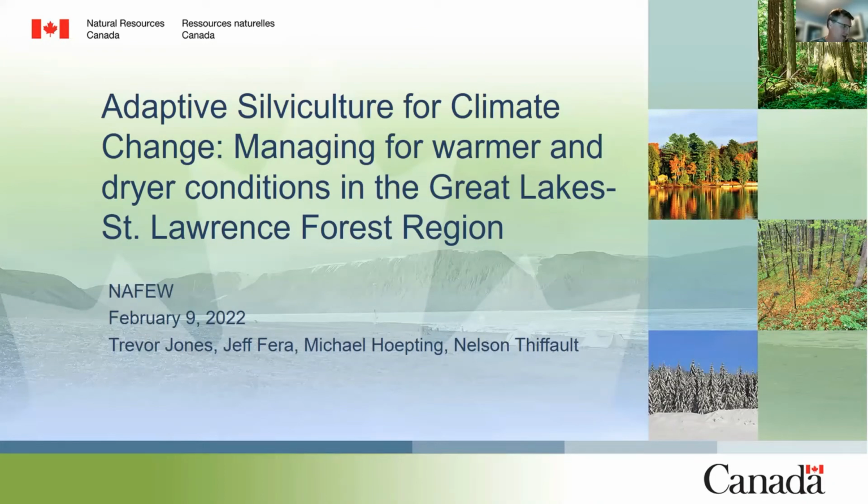And so really what we're trying to do is build on a lot of the existing science on adaptive assisted migration and adaptive silviculture and implement it in an operational scale trial. That's what the Adaptive Silviculture for Climate Change is. Our trial